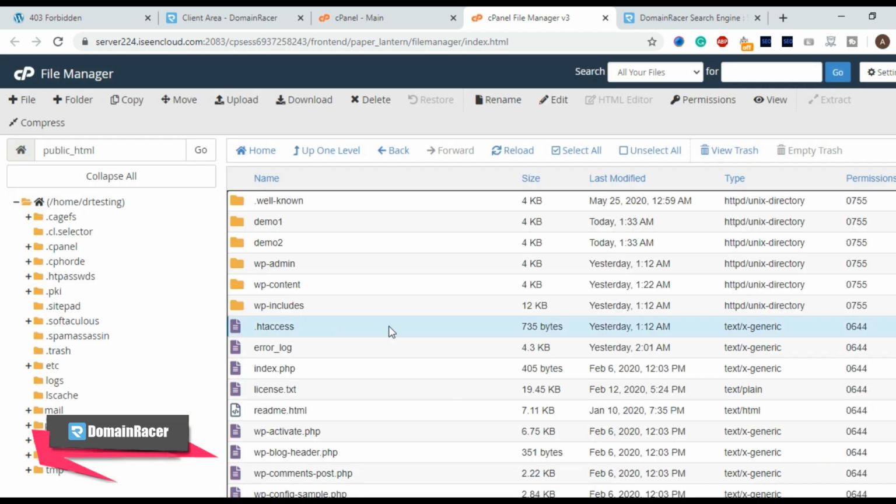To edit this particular file, first learn about .htaccess file programming and then you can perform this operation, because this has to be done at a development level. If you don't know, then you have to contact your developer to fix this issue.